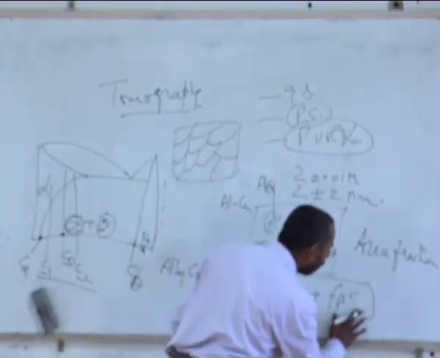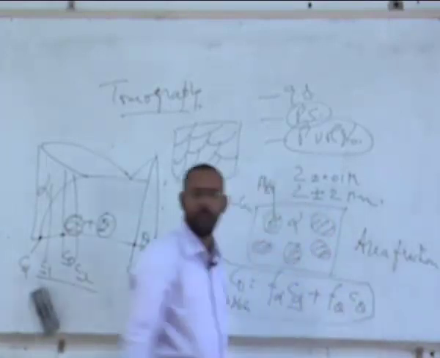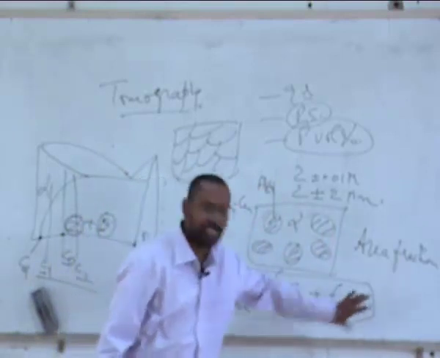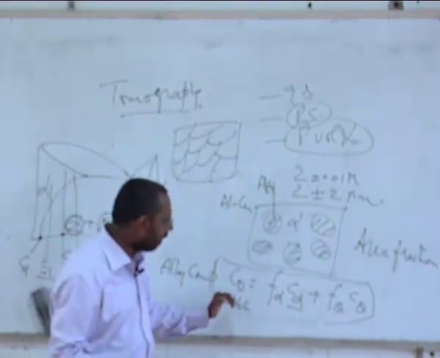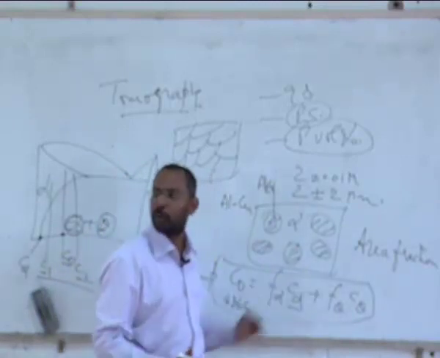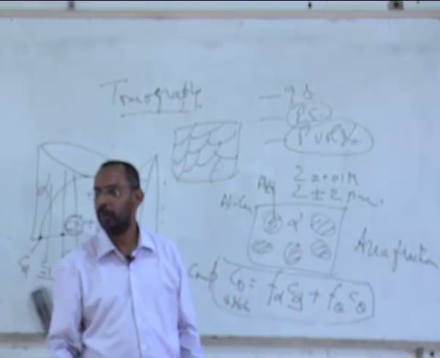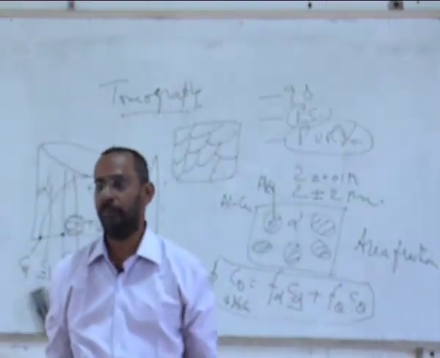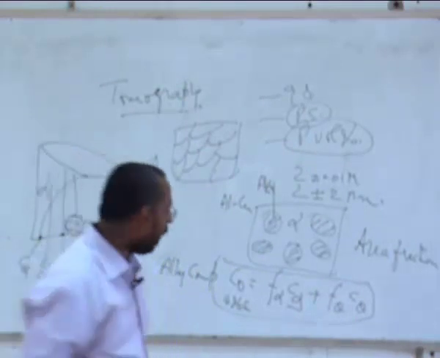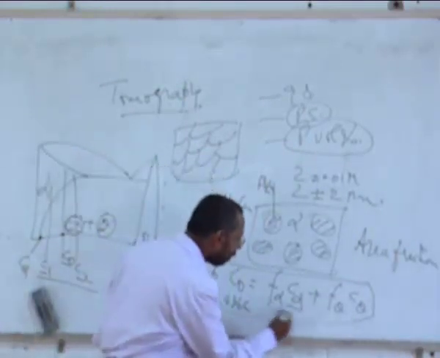Here I will not call it beta, let us call it theta, because this is an aluminum copper alloy. The copper inside the theta is more, the copper inside the alpha is less. In one case, the copper content is more than 4%. In the other case, it is less than 4%. But the overall copper content of the alloy is 4%. And that 4% is distributed between these two in such a way that it is F alpha into C alpha.